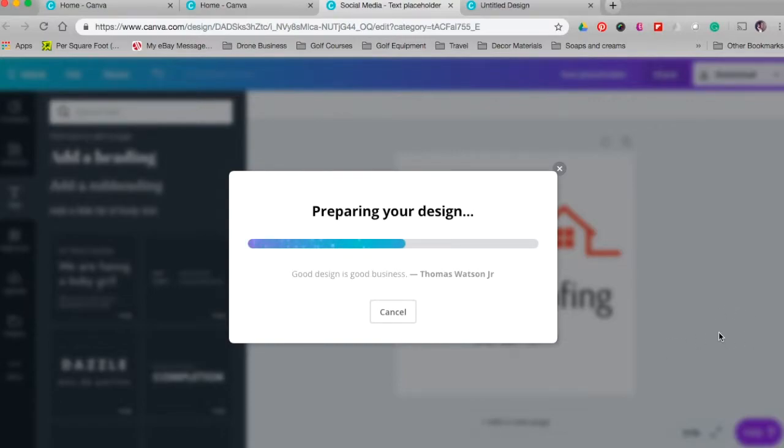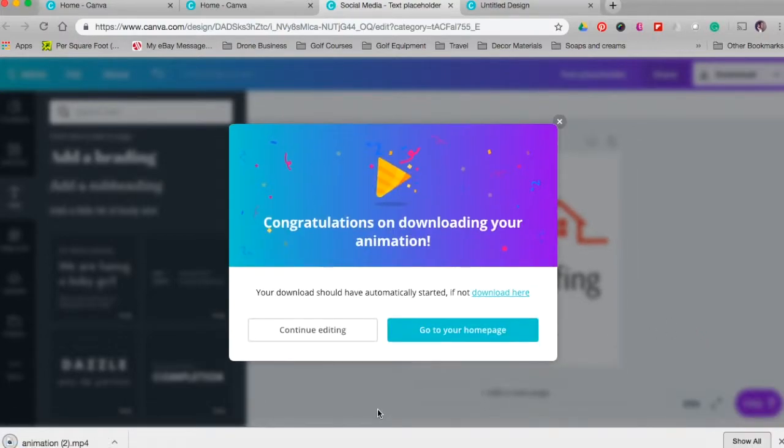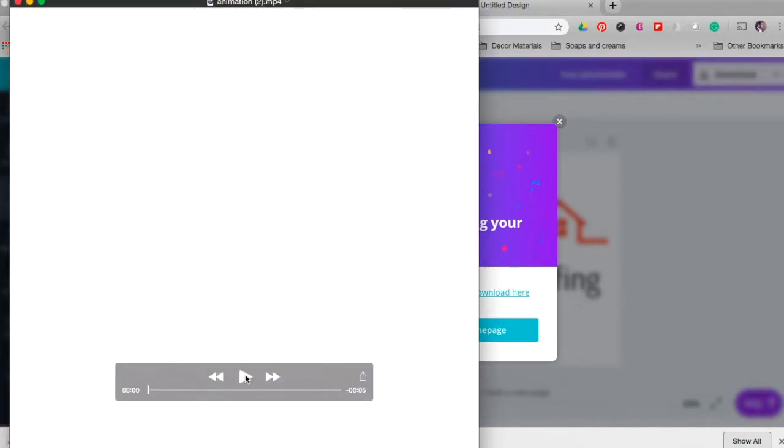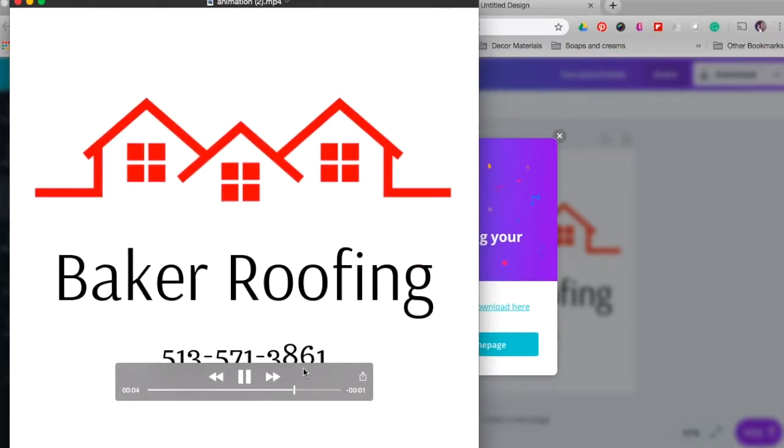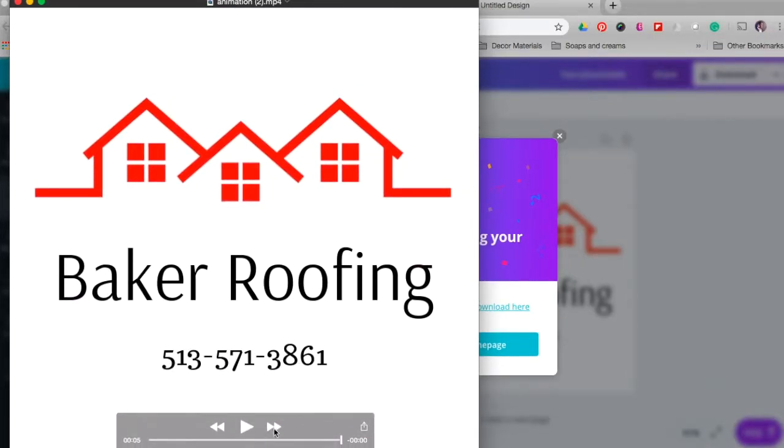It'll come up in your Downloads folder or wherever you save your downloaded files to, and you can start using any program or your video editor of choice to add that to videos that you shoot on your phone, your iPad, or within your computer. So to view that, we're going to click Open there. I'm going to hit the play button, and you can see we get a nice professional, albeit very, very basic,